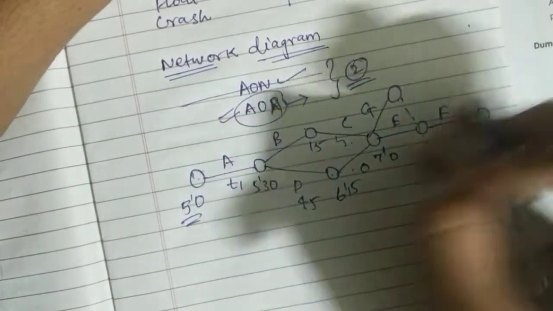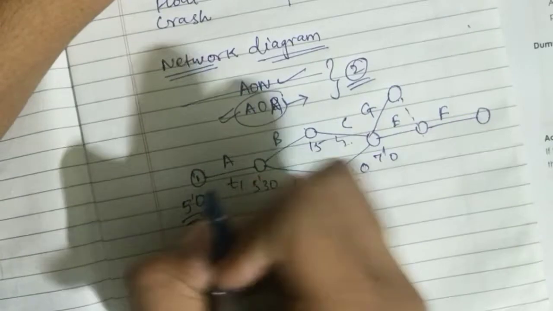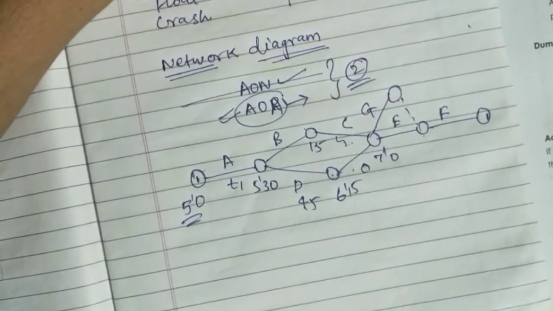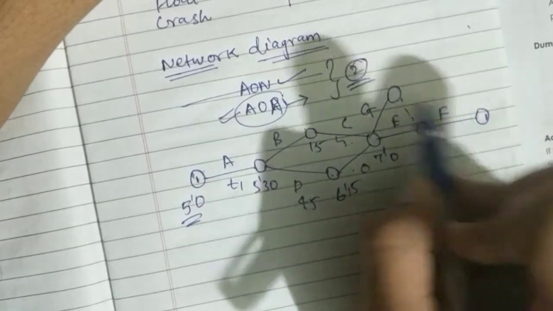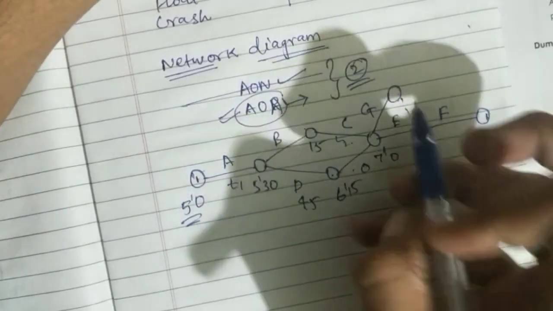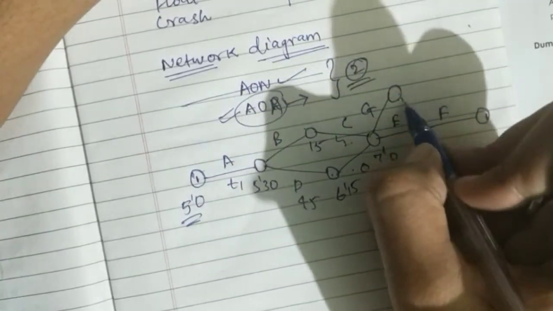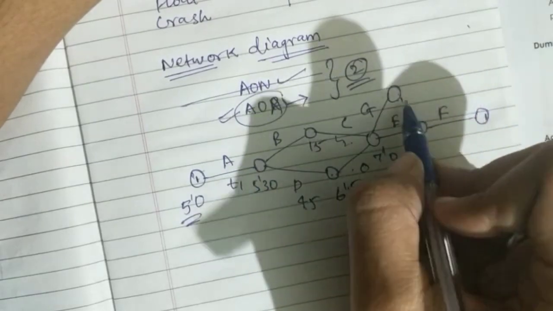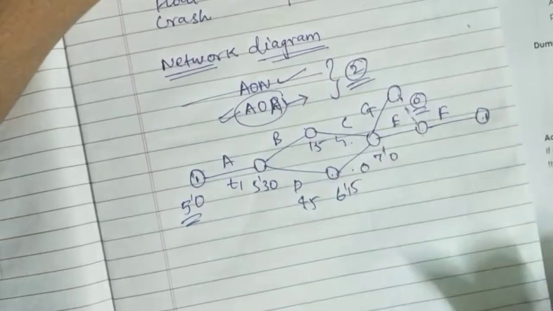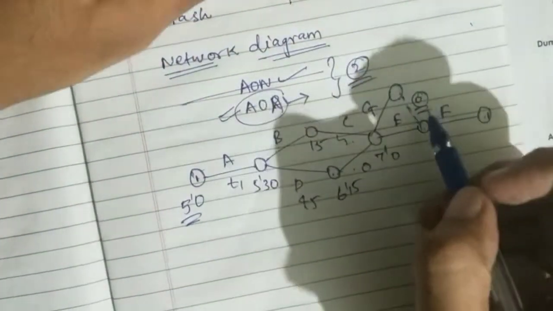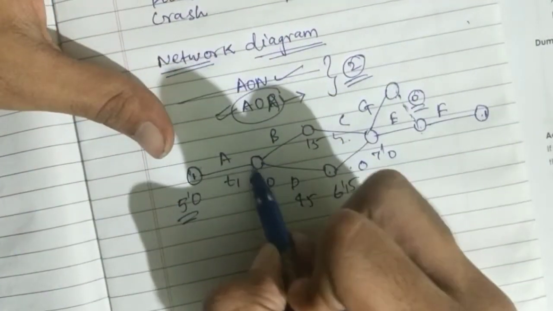the activities, there should be only one start and only one stop. If I just leave it over here, there will be two stops. It should not be in that way. So what we'll be doing is, we'll be adding a dummy path either to here or here. This will be consuming 0 time. That is the thing.